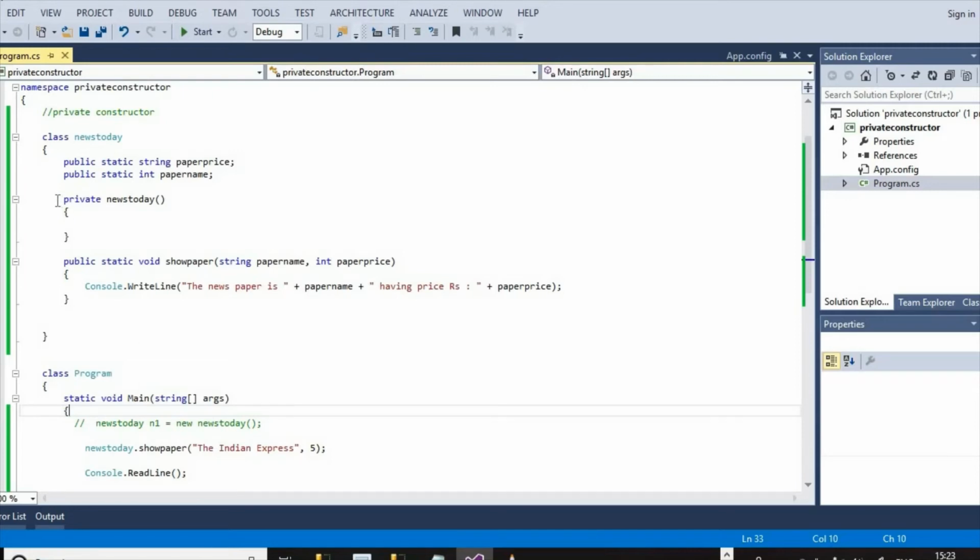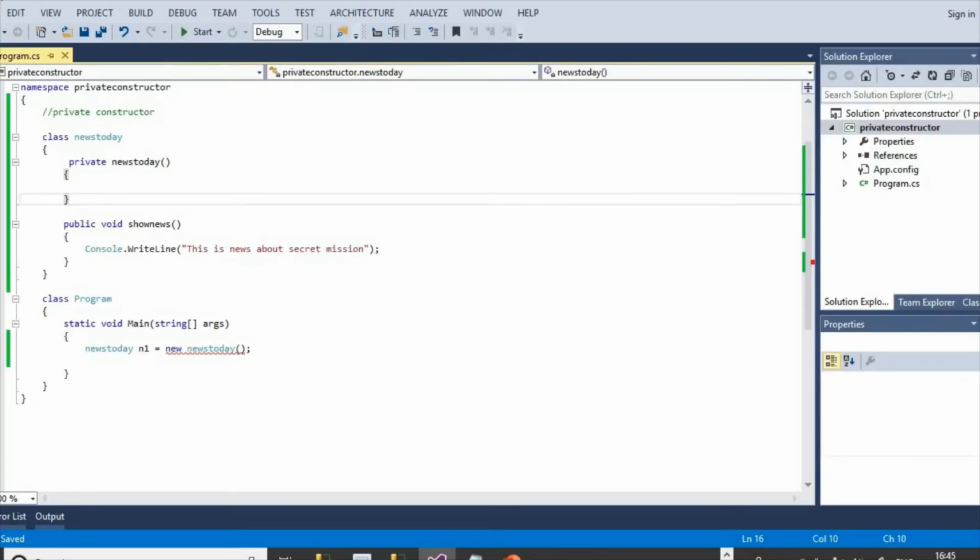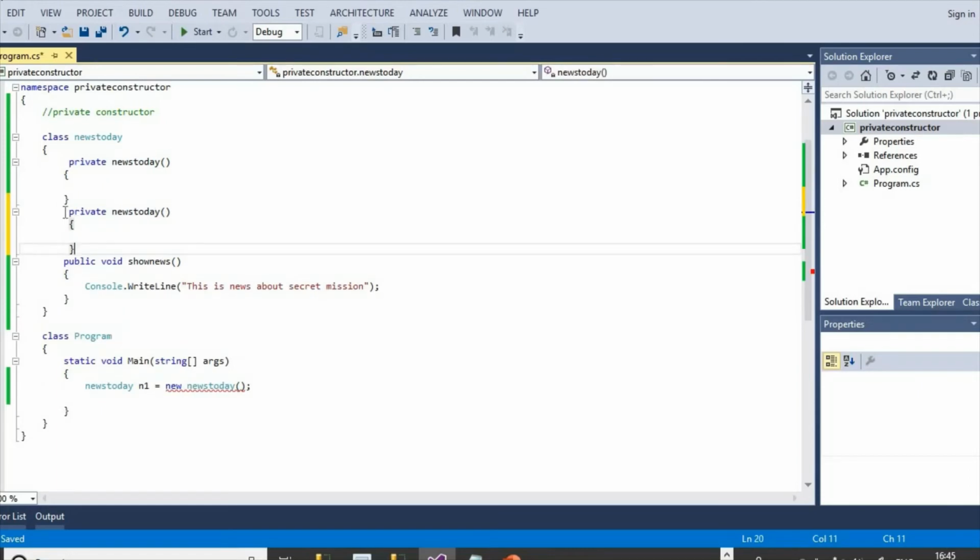So the constructor of this class is declared as private. If a class contains only a private constructor without parameter, then it does not contain a public constructor without parameter. If we try to create a public constructor without parameter,